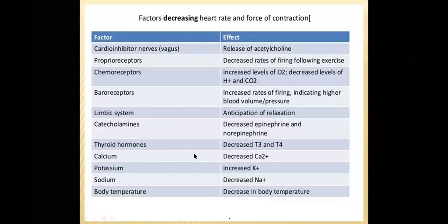And thyroid hormones, whenever they are in low quantity, heartbeat rate will be decreased. And calcium, whenever calcium quantity is low in the muscles, automatically that leads to the